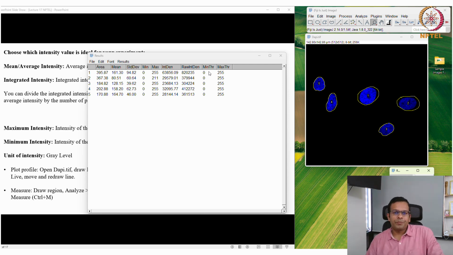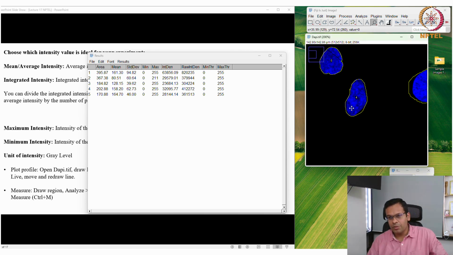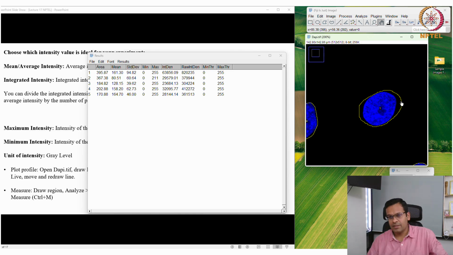Okay, so this is how you can measure the fluorescence intensity, and when the areas of your objects are not the same, at that time you should go for the integrated density. You should not go for mean intensity. You should only go for mean intensity if the area of the object is the same and you are making the ROI very precisely, like after zooming in on the object, and it should not cover the black pixels like this. Okay.